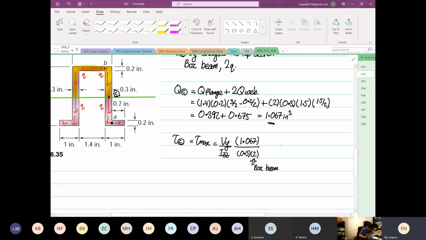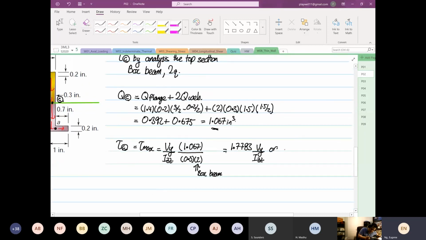Okay, so from here this will be equal to 1.067 divided by 0.3 divided by 2 is 1.7783 Vy over Izz, or in terms of fraction, 1067 divided by 600